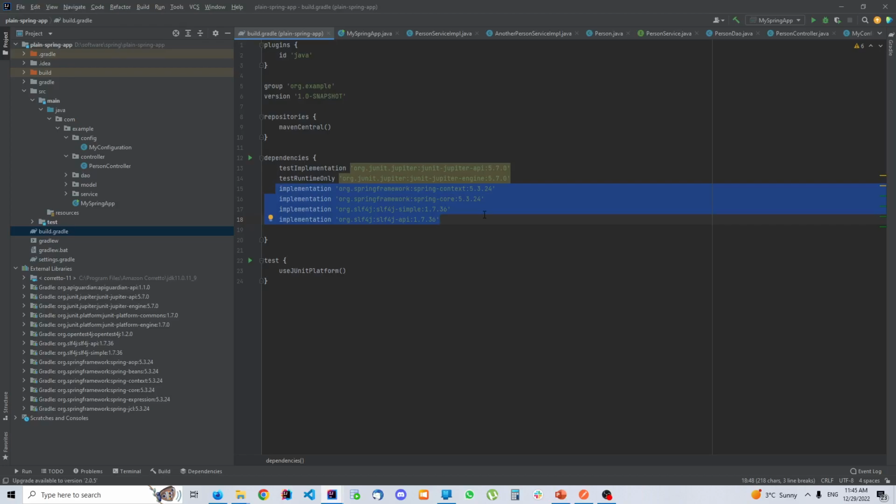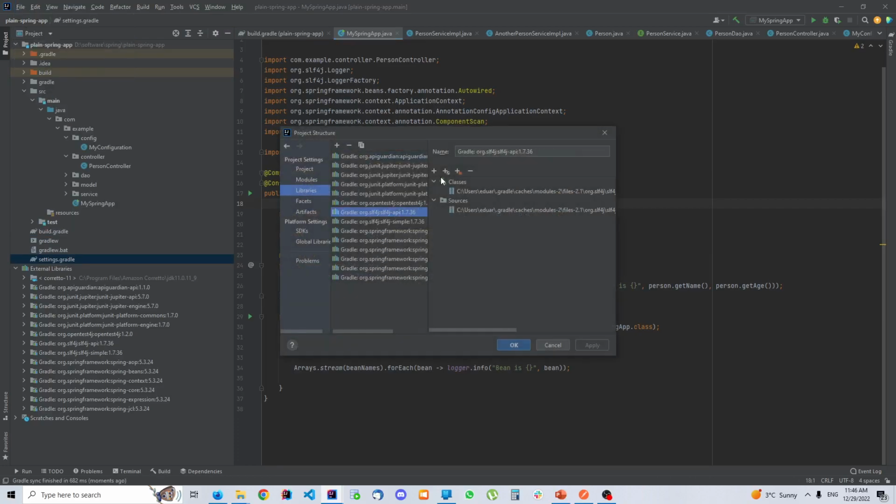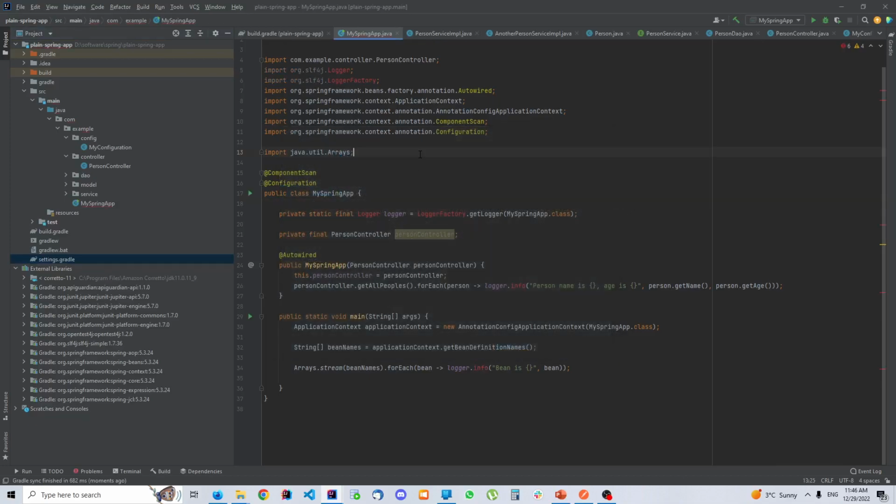Now I will just do something like this. I'm going to delete this line, and pay attention, it's SLF4J API. I'm going to click refresh, and now I'm going to go to file. It apparently hasn't done it. API, let me just delete it from here. So if you see now, I have a compiler error, and basically what I've done is I've removed this library from